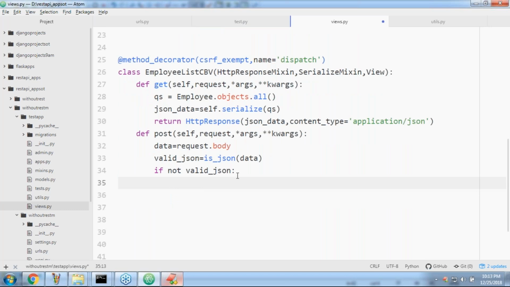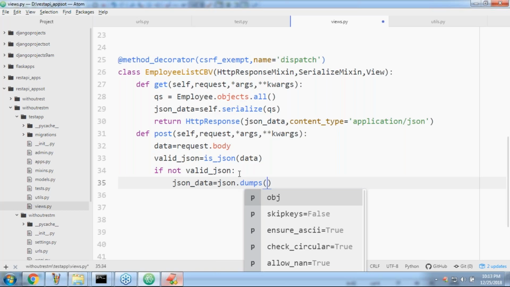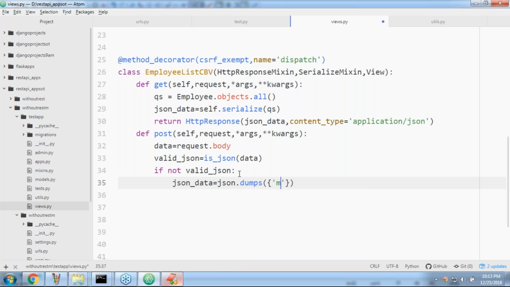json_data is equal to json.dumps. Here let me take a message: please send valid JSON data only, as a Python dictionary.